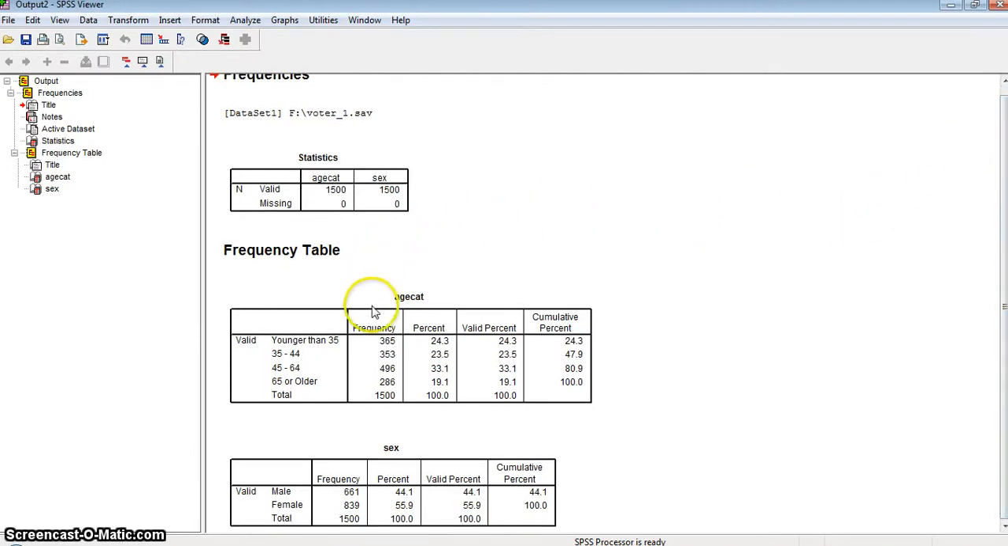Now notice, in the age category table, there are 365 respondents who are younger than 35. They constitute 24.3% of the respondents in the sample. Going down the table, the 353 who are between 35 and 44 make up 23.5% of the respondents. The 496 who are 45 to 64 are 33.1%, and the 286 who are 65 or older make up